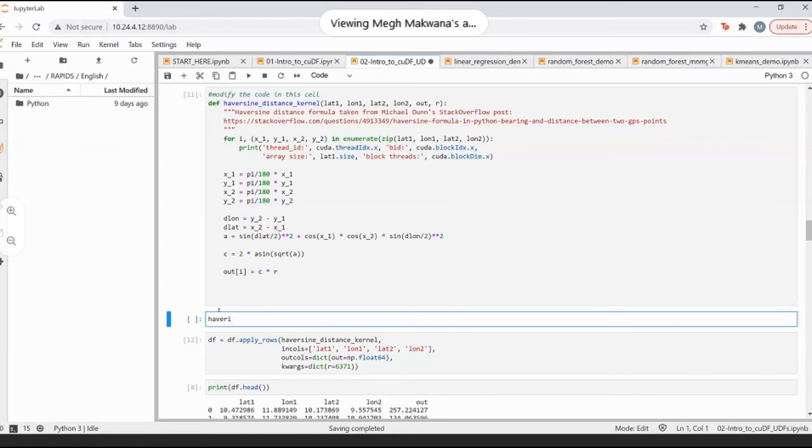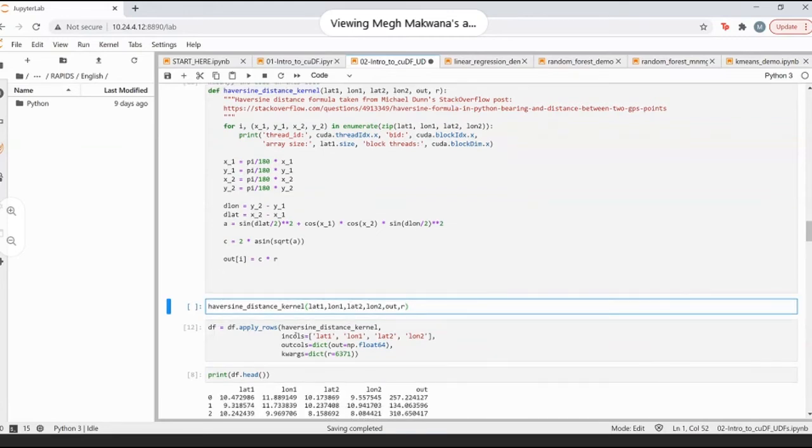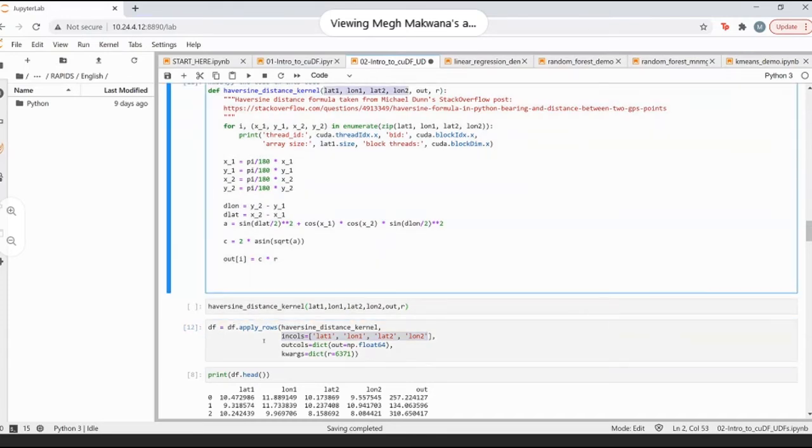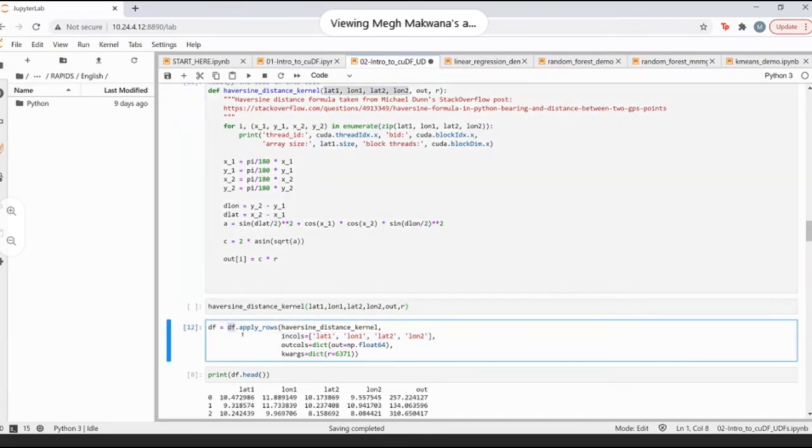What I mean is, whenever we call a function, the signature or definition is basically like this, right? Then I give lat1, some value of lat1 which is in some variable, long1, lat2, similarly for long2, out, and some value of r. But I cannot give all of those things. Hence, when I say incols, that essentially means these four parameters I need to pass in are coming from the data frame itself, right?